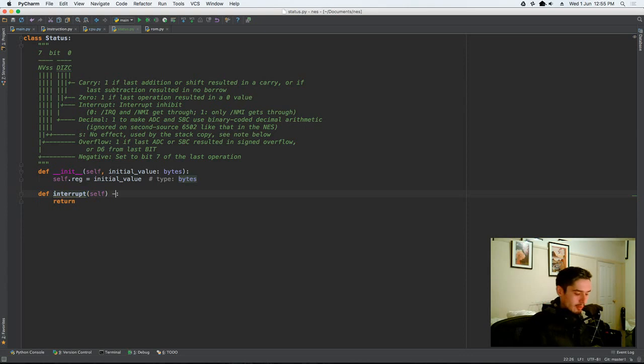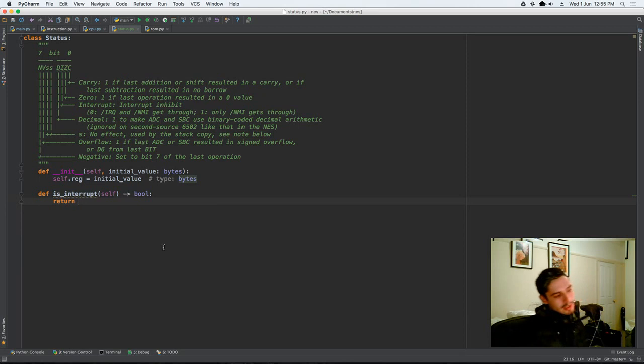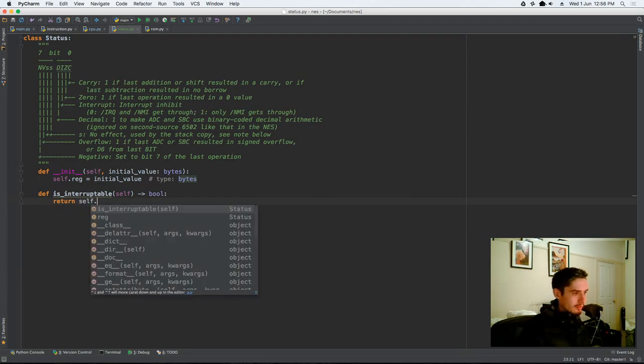And we're going to return a bool from this, and we're going to say is interruptible. So the bit that has that is the 0, 1, 2, the 2-bit. So if we shift right by 2,